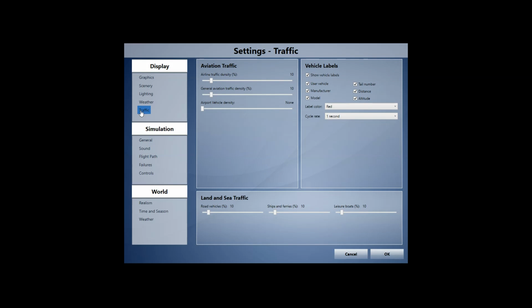Traffic settings, again, just to save performance and VAS usage. 10% on airline and general aviation. You can obviously set this up to about 20% without taking a massive hit, but anything above that, you're going to start suffering. I've got my show vehicle labels on at the moment that I tend to switch on and